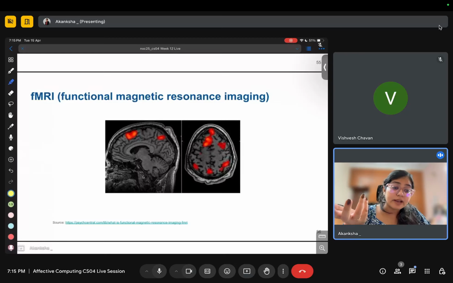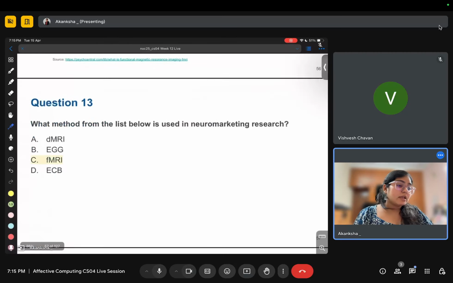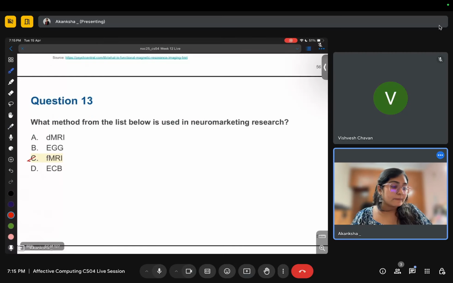So let's say if you are happy, then it might be possible that this region is activated. If you are feeling sad, maybe this region is more activated. So here you can see that this magnetic resonance imaging can be used to detect what kind of emotion is being invoked. So fMRI is the correct answer.